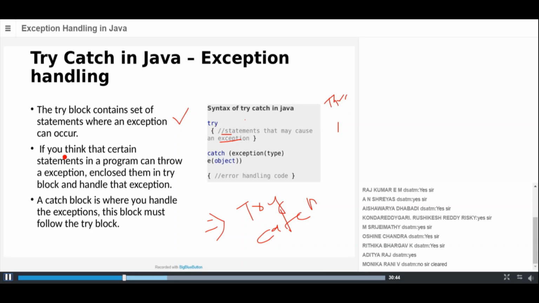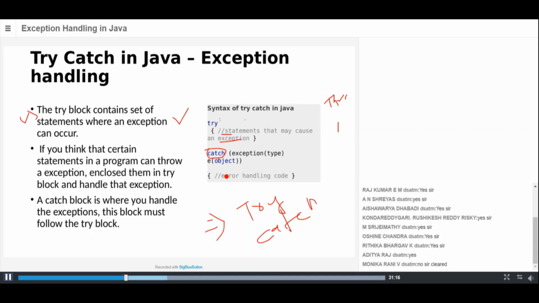If you think certain statements in a program can throw an exception, we have to put those statements within the try block. The try has to be followed by one more keyword called catch.